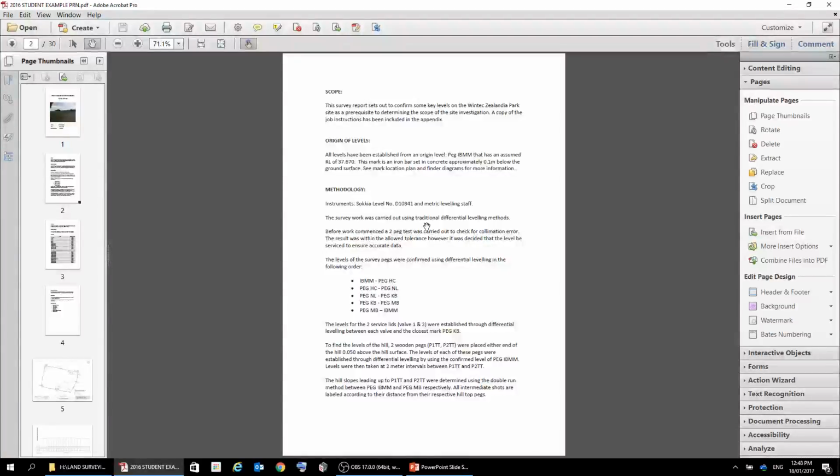So we've got here the methodology. So describe the gear that you used, what sort of method you used, perhaps a little bit of detail around what you did first and how you did it if you feel it's relevant, and what other information you did, and specifically in this case here in the area of the little hill and the mound. I've explained how things were done there, just to reassure the client as to what they were, and